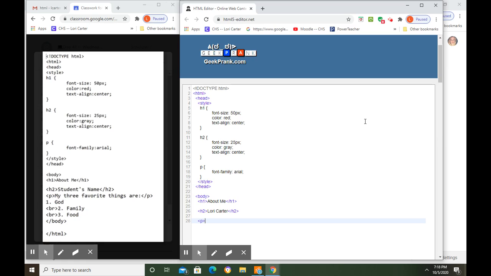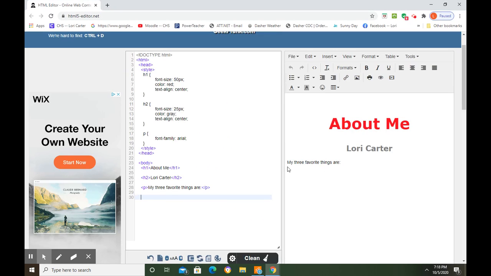Then we want to do a paragraph. My 3 favorite things are, turn off the paragraph. Now, because it's a paragraph, it's going to have Arial font. So as we look at this, it's got Arial font. Now, one thing I'm noticing, the About Me and my name is not picking up Times New Roman like it does when I'm in